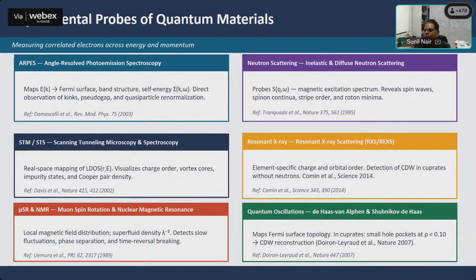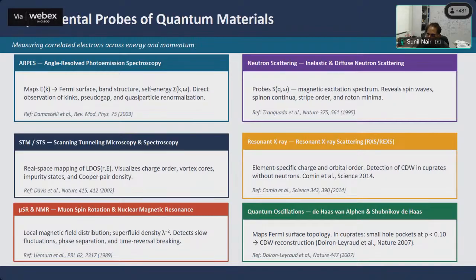How does one measure properties of strongly correlated systems, especially when it comes to looking at energy and momentum slices? A lot of the action happens at the level of Fermi surfaces. So the indirect probes are things which people like me and Manoj do, which is looking at heat capacity, magnetic resistance, Hall effect, and so on. But now the onset of more sophisticated large-scale facilities has given rise to a whole set of experimental tools which allows you to look more directly into the band structure of these systems.